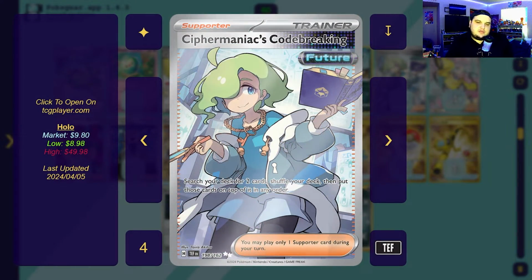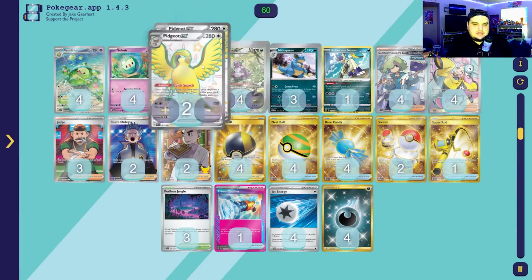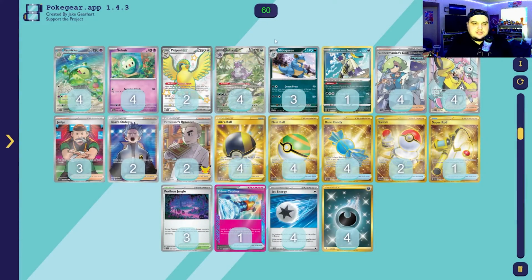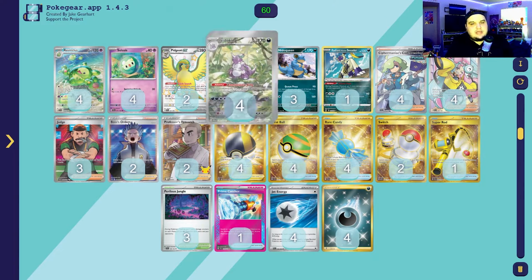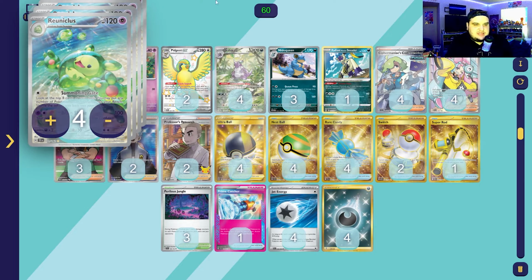This is a really good combo card with Reuniclus because it lets you stack 2 cards on the top of your deck, which is guaranteed 2 Pokemon off of Summoning Gate. So if you have a really poor setup in this build, you could just stack a Nidoking and a Nidoqueen and then at least have an attacker, and then maybe build up a second Reuniclus to try and get